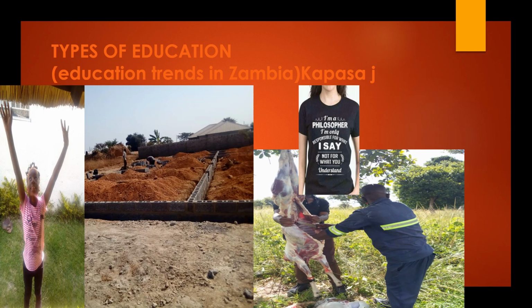It was the binary type of education, so there was one for blacks and one for whites. The one which was for the blacks, the methodology used was memorization. Then the one which was for whites, the methodology was to do with critical thinking because they were preparing them to take over leadership.